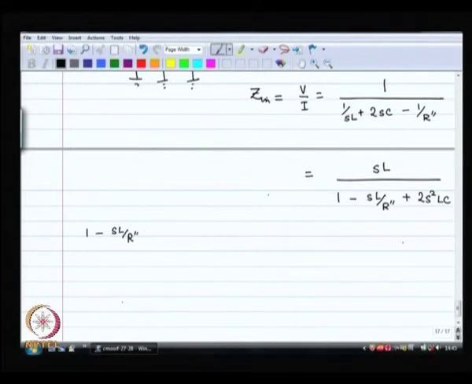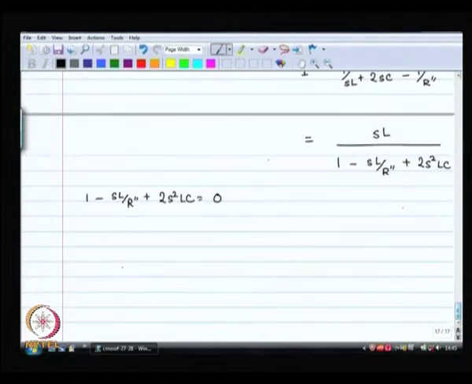Now, you want to know exactly where they are? Okay. So, you equate 1 minus S L by R double prime, this is not really a meaningful exercise, but just check it out, is equal to 0, means S is equal to